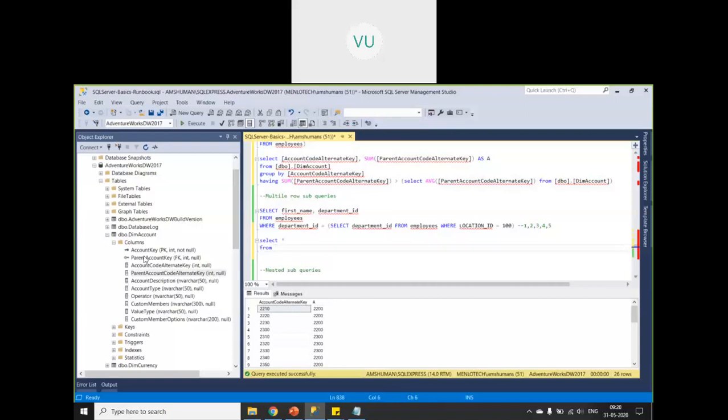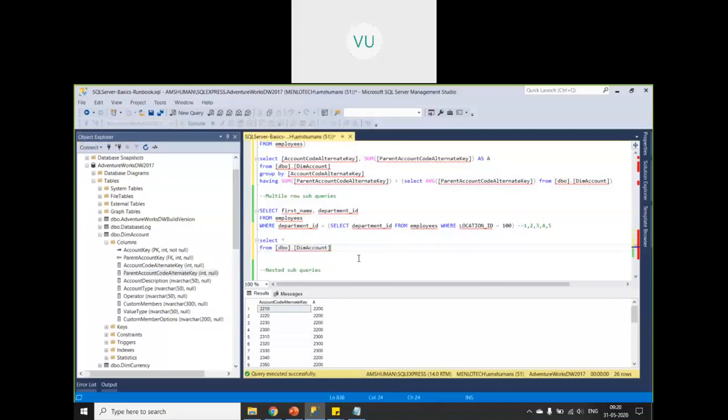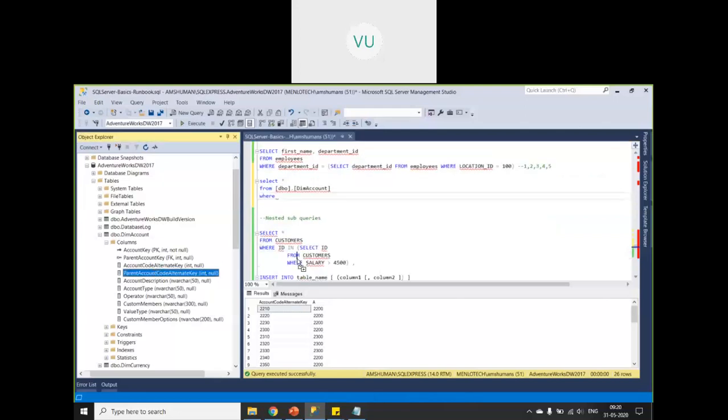So select star from this particular table, where this particular column value equal to select